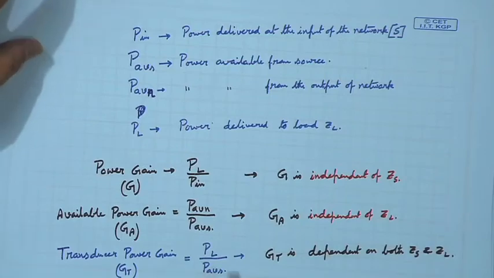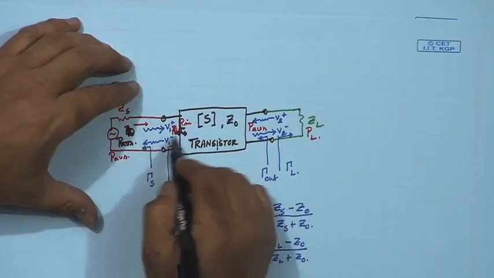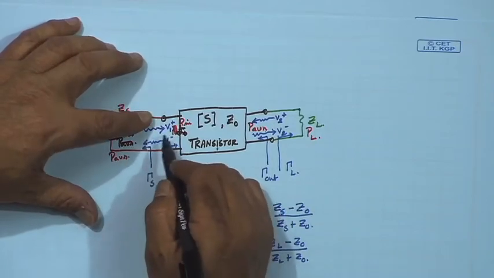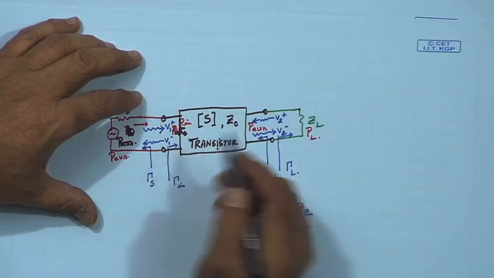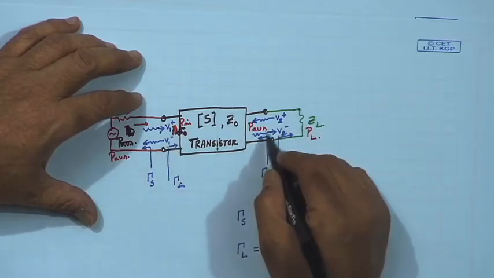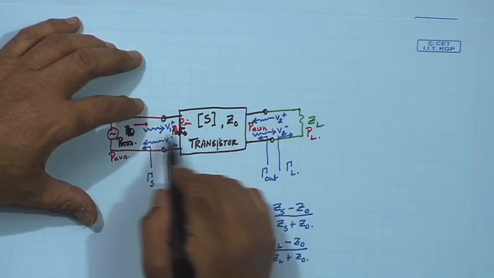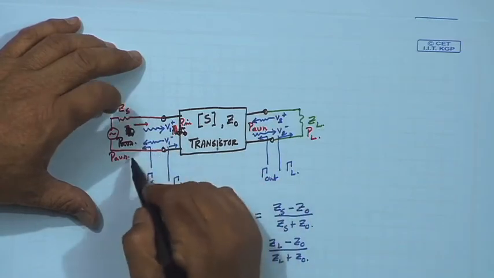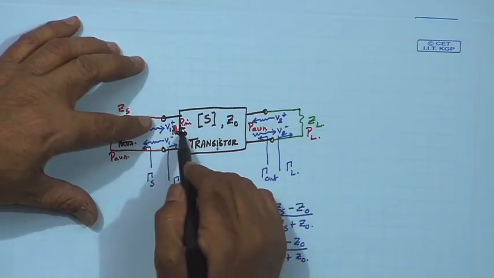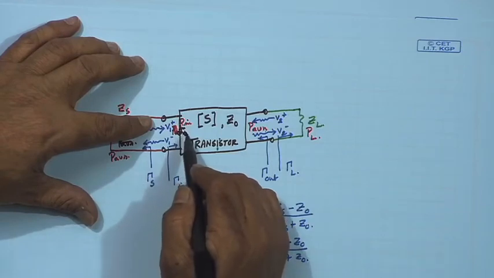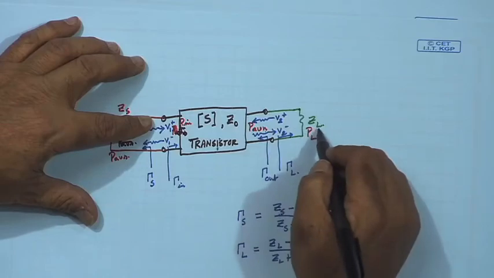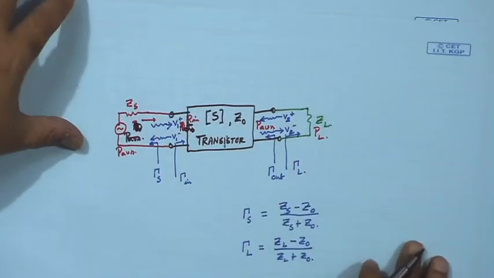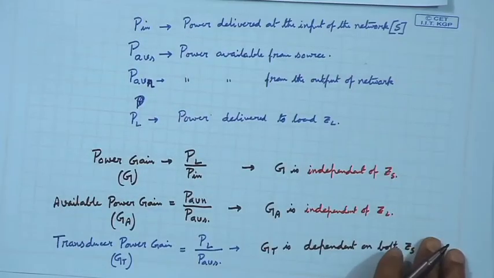Now, obviously, if the conjugate matching is there everywhere, that means the input is conjugate matched, that means ZS equal to Zin star, also ZL is equal to Zout star, then I know that maximum power transfer is taking place. So, whatever is available, that I can deliver here as Pin, and whatever PAVN is giving, that I can deliver to PL. So, under that condition, we can write that